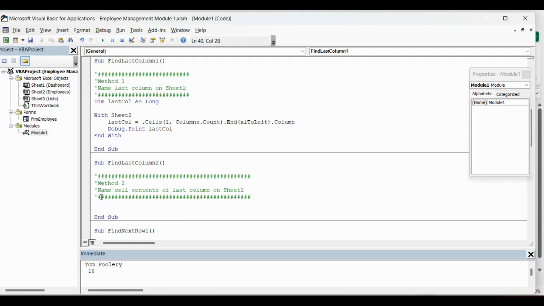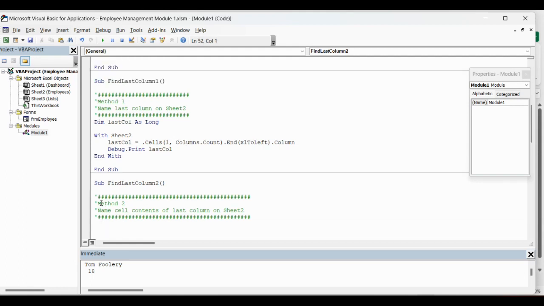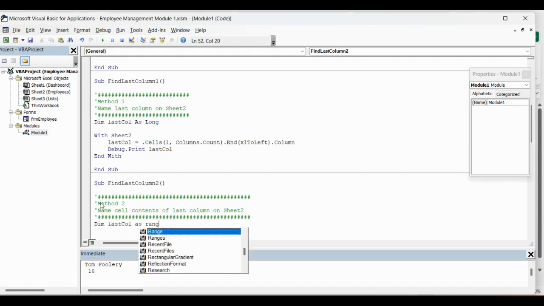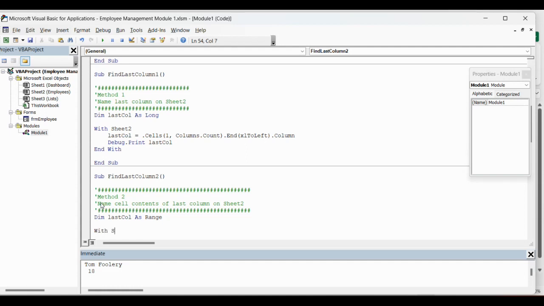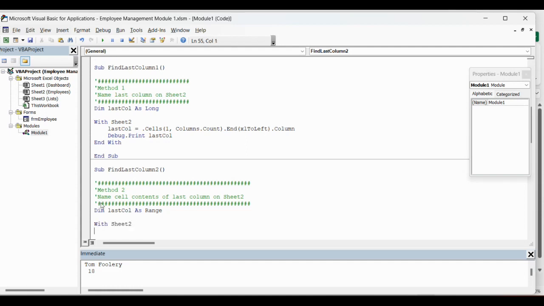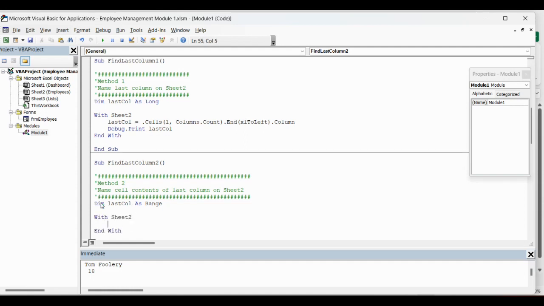But now let's look at method 2. For method 2, we are going to Dim LastCol as Range, and then once again With Sheet2.